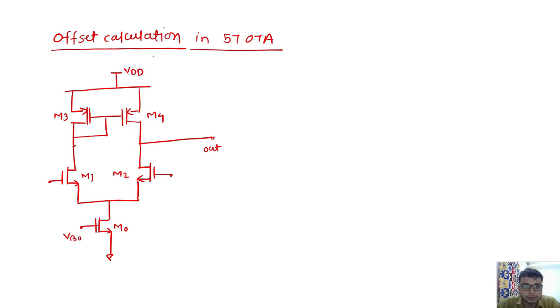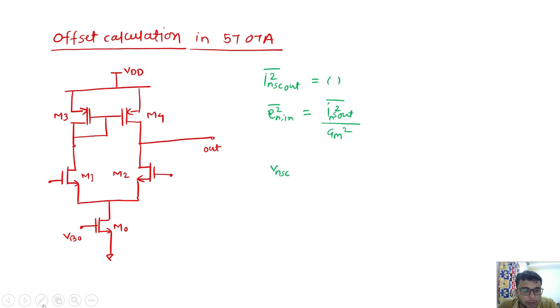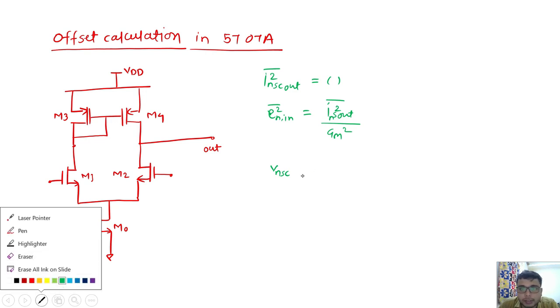In the previous video we referred the noise to the input. First we calculated the output short circuit noise current. Later we referred it to the input using gm of this transistor or gm of the entire design. So if the output is short circuit noise current, then you can refer it to the input using gm of the block. And if we have calculated the output noise, not short circuit, then we can refer it to the input using